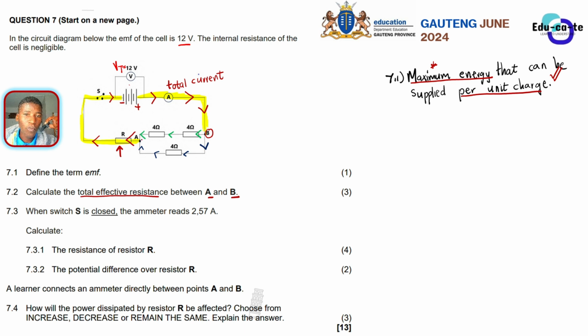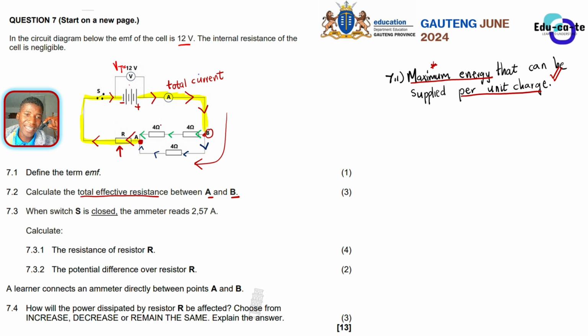So you are given 2 points here, point A and point B. As you are moving from point B to A, the current flows from point B to A because it's flowing from positive to negative, right? In that direction, it's flowing like this. So as we are moving from point B to point A, this is actually the parallel combination. So they are looking for the total effective resistance on resistors that are parallel to one another.